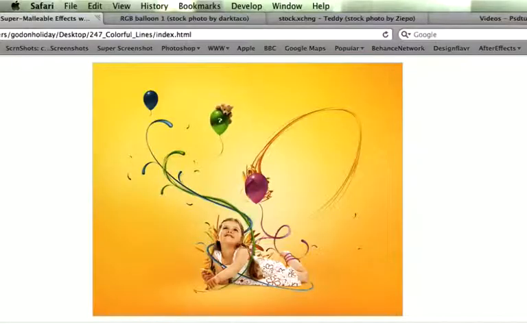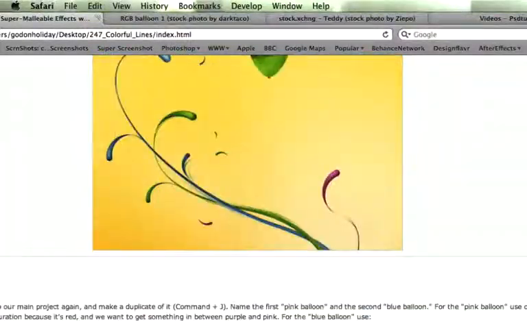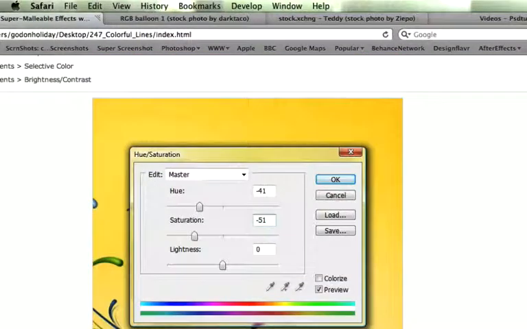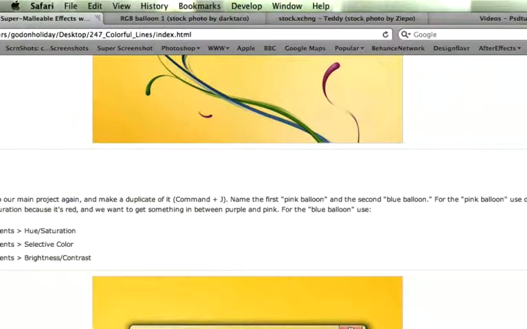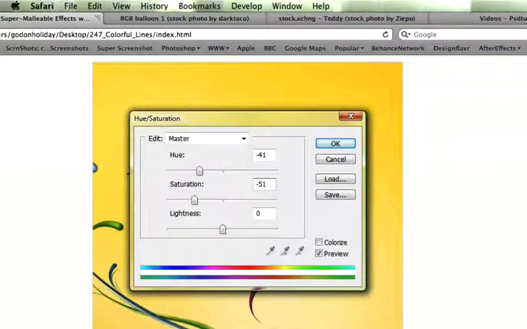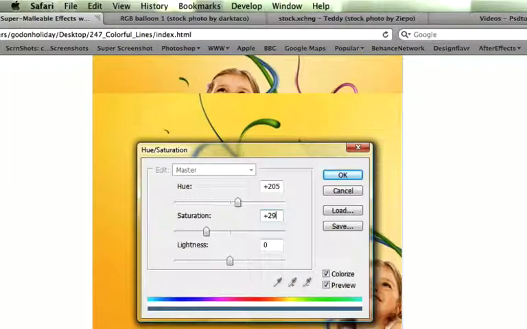I think I'll double check on the tutorial. I don't seem to have it in my notes, but I just want to scan through just to see. Right, okay, here we go. So I don't know why they're not in my notes, but for pink you just set the hue and saturation to hue -41, saturation -51,